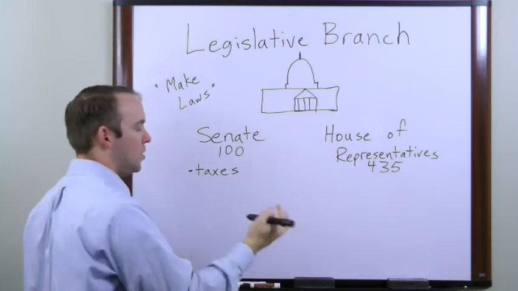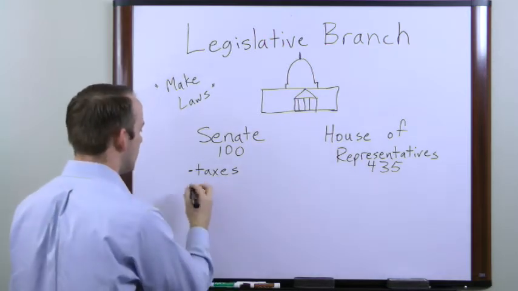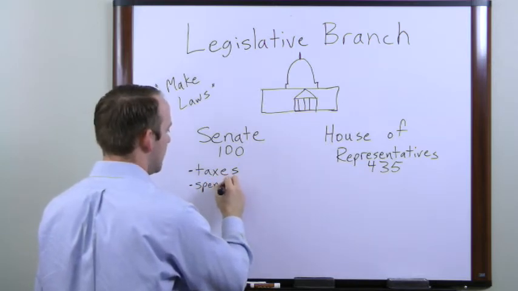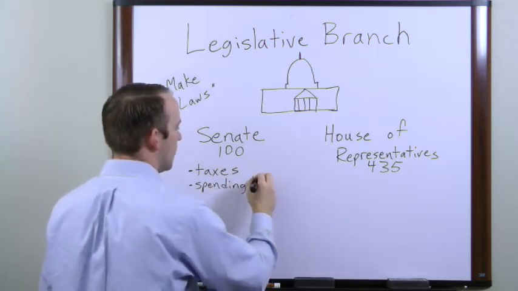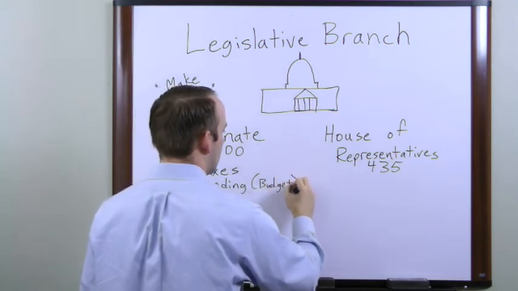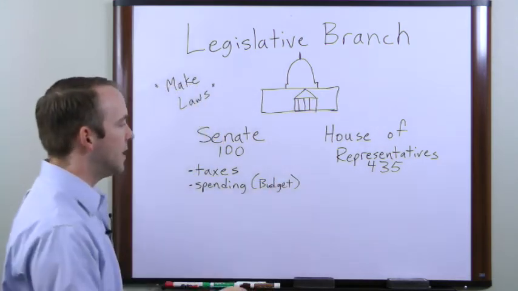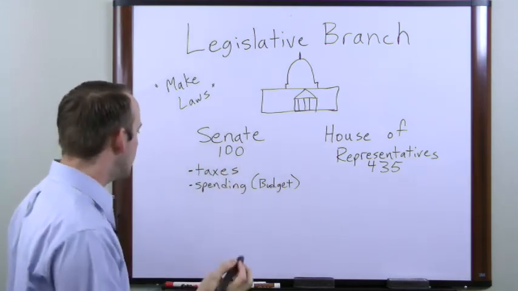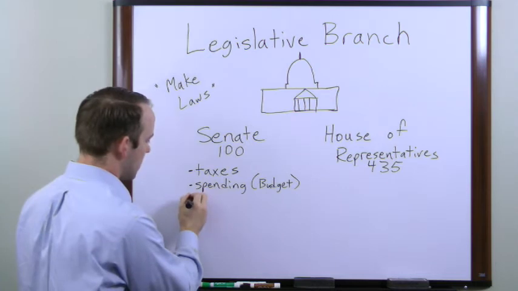And part of that, when you take in money, that's revenue, but then they also are responsible for the spending side of that. And so spending, because they come up with the federal budget. And so all the money that gets spent, Congress is the one that decides where it gets spent. What are some other things that they are responsible for?